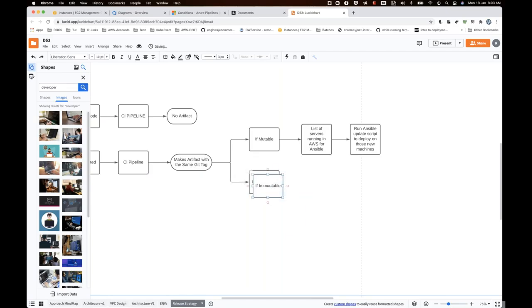So in that case, the first step I'm going to make is to create an AMI. Create an AMI for the dev environment. First, you have multiple environments, and that's where you'll be dealing with the dev environment.